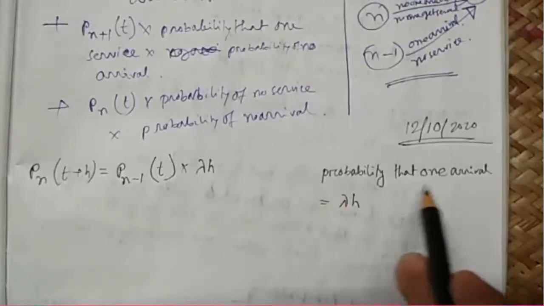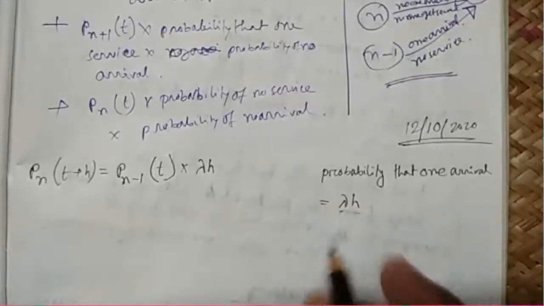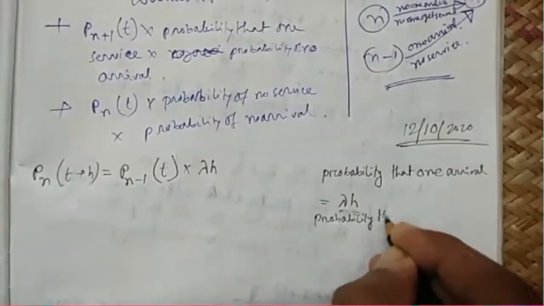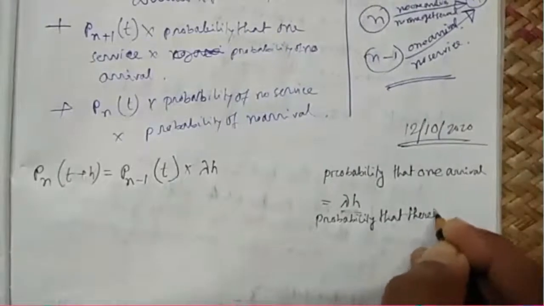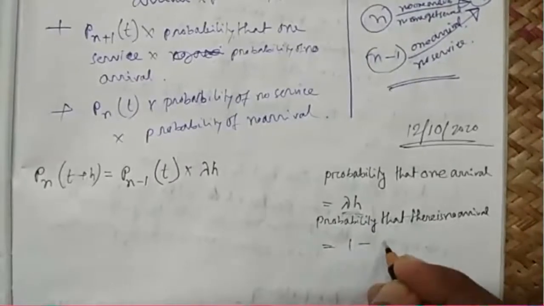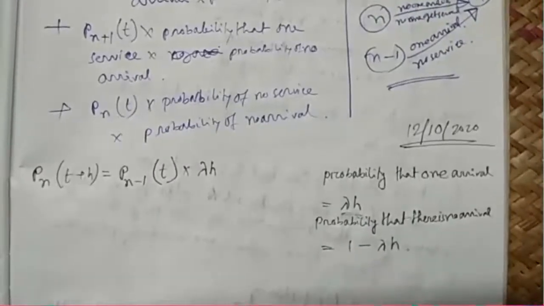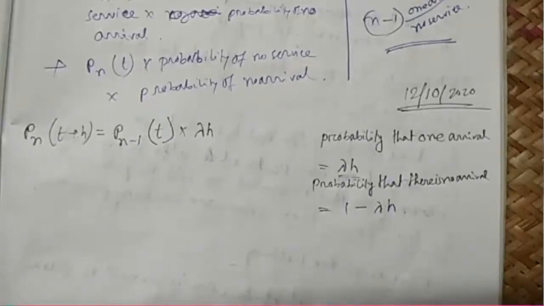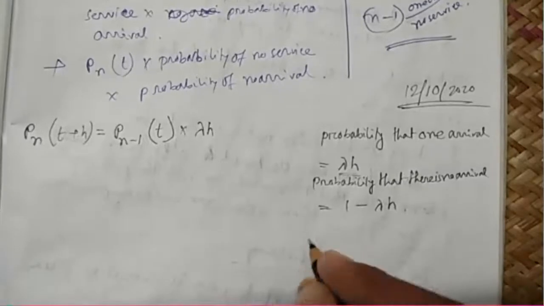So the probability of one arrival is lambda h, and the probability of no arrival is 1 minus lambda h. We have two options, either one arrives or no one arrives. Together the probability will be 1. So if the probability of one arrival is lambda h, then the probability of no arrival is 1 minus lambda h. Similarly,